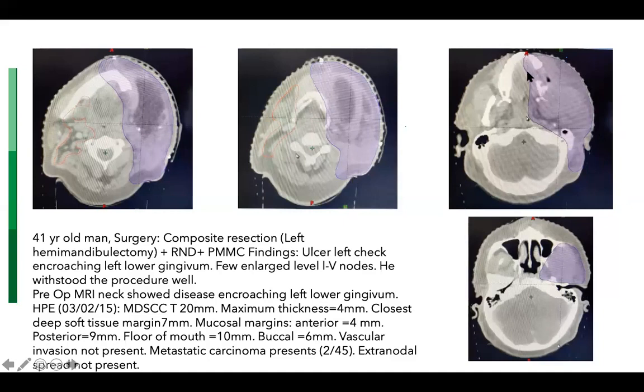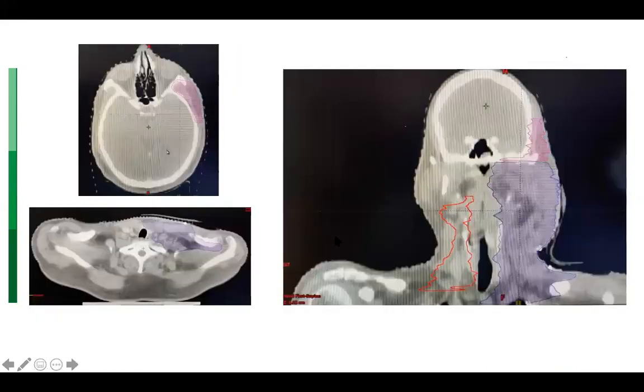Again, the flap and the upper gingivobuccal sulcus and the masticator space. The lower neck, in this case, treated to 60 gray because of the node positive. The contralateral neck being treated because of N+ status of the ipsilateral neck. So there are two aspects I'd like to discuss here. One is the difference, of course, that on this side, the neck node is not involving level 5, and the fact that here we are going traditionally as we would for treating the neck, as per the various atlases.